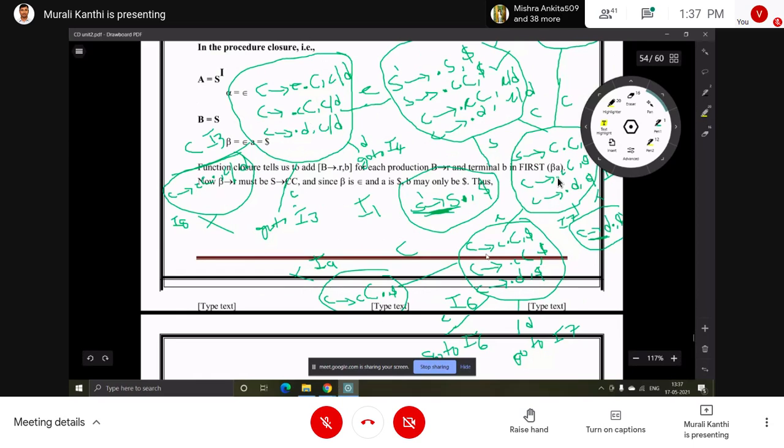Here C implies c dot C, and here also C implies c dot C, but the lookahead symbol is different: here c/d, here dollar. The next production C implies dot cC, here c/d, here dollar. Then C implies dot d, also the same. So the productions are all the same, but the lookahead symbols are different.